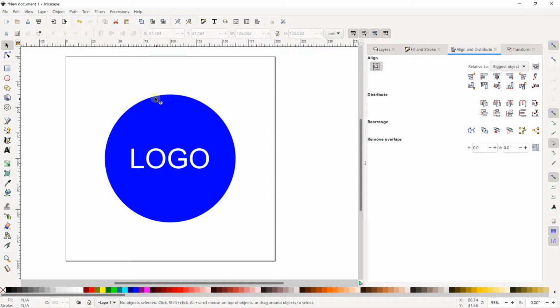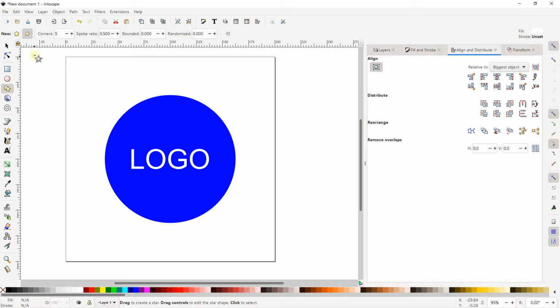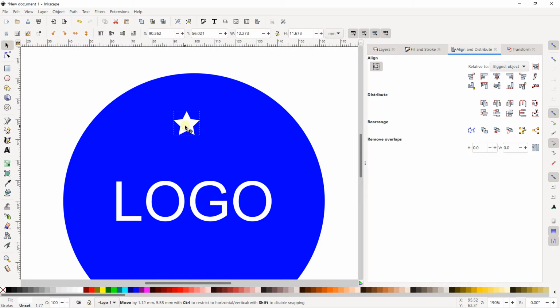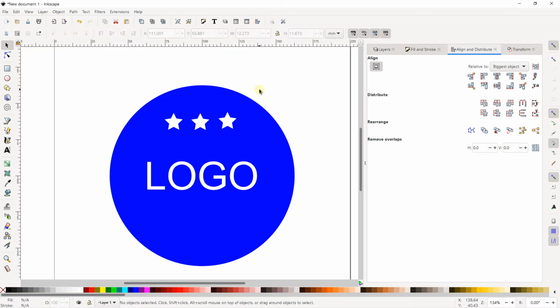work also. Now, if you create something like stars, I'm going to use the stars tool, corner 5. Let's zoom in a little and create a first star in this area. Yes, just like this. So this star, I want to duplicate. Press Ctrl D, duplicate on the left, and Ctrl D, duplicate on the right. I want to center these 3 stars. You need to create a group. First, I select the 3 stars with a selection frame, and I go on Align and Distribute, Align relative, it can be the first selected, one of these stars, and just activate here, center on horizontal axis.